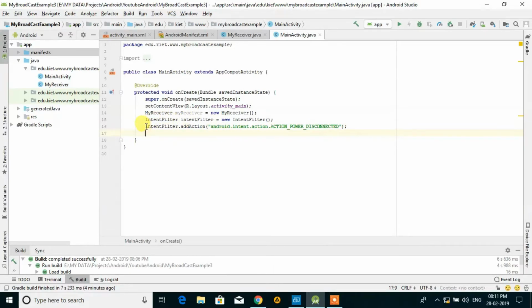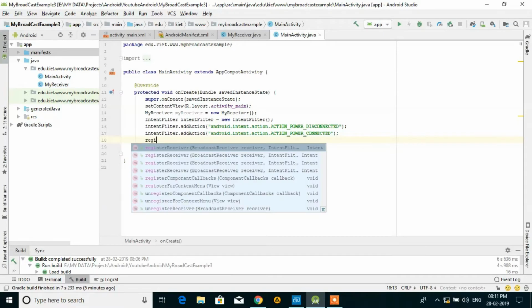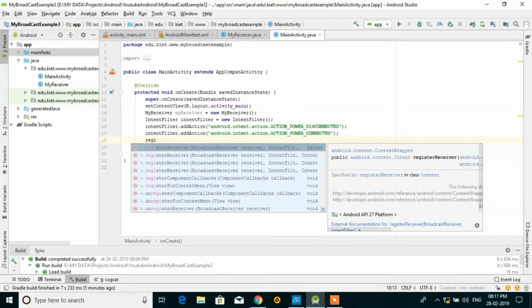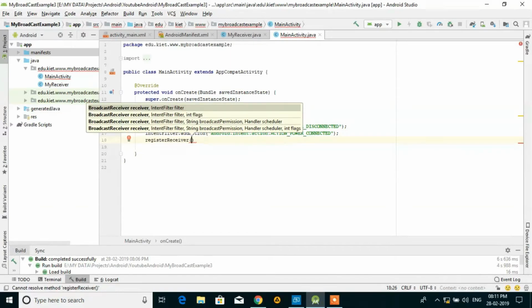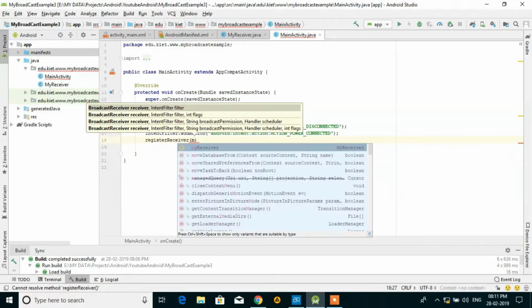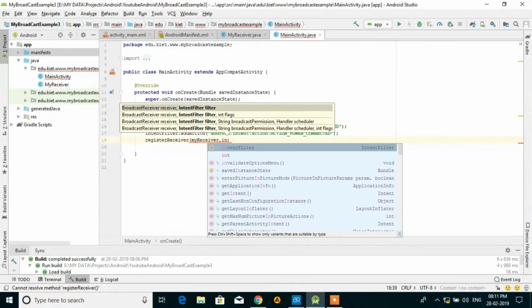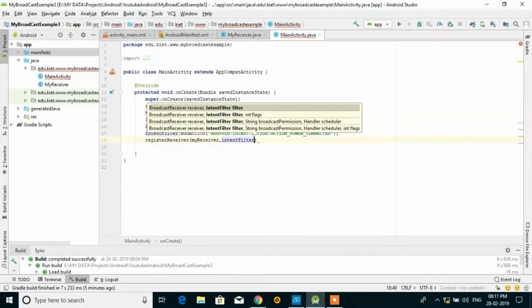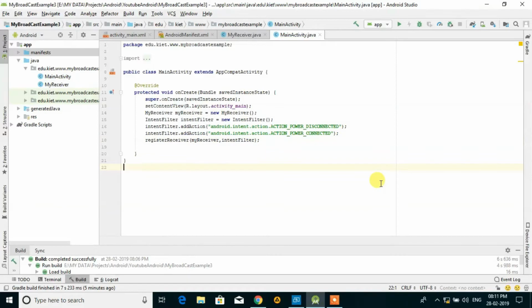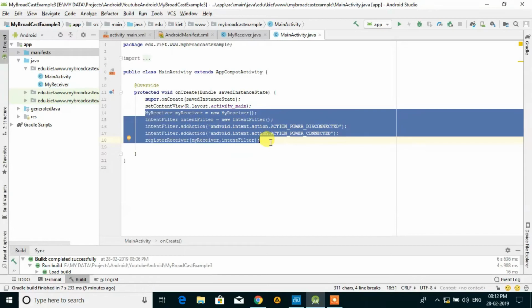We have to register one more for connected. Now we have to register our broadcast. So registerReceiver, and here we have to pass MyReceiver, then the intent filter. If you are using Oreo or a higher version of Android, then you have to write this code also.